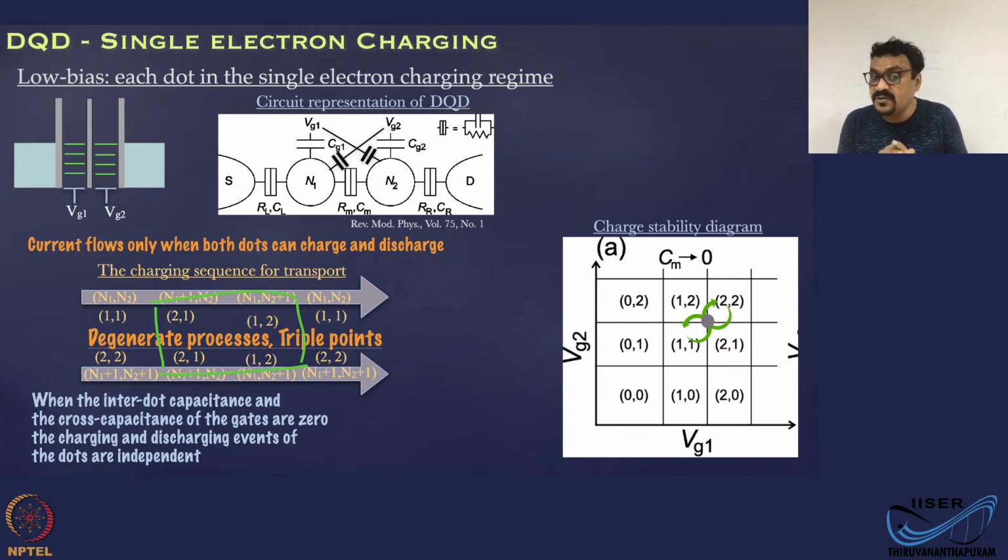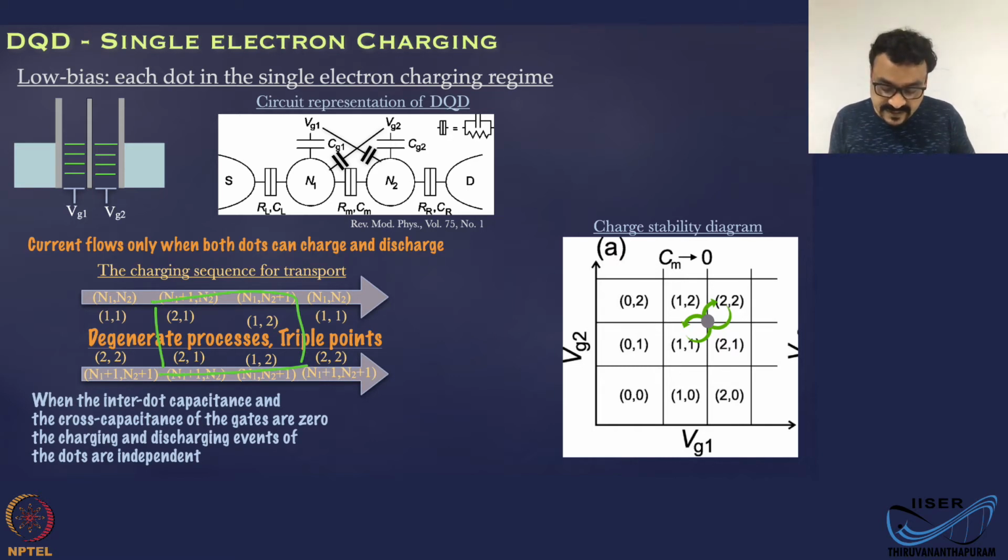But transport is possible, tunneling is possible. So this is a situation which doesn't really exist in practice, but we need to understand this special case to move further. Generally, whenever there is tunneling, capacitance coupling is almost always there. So this is not a real-life situation. That's what I'm trying to say.